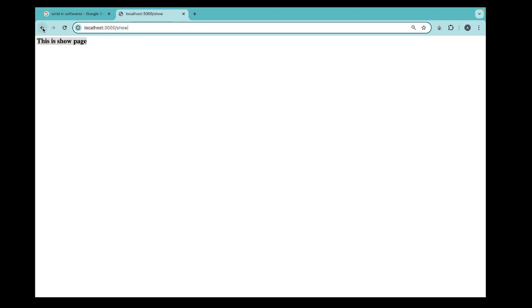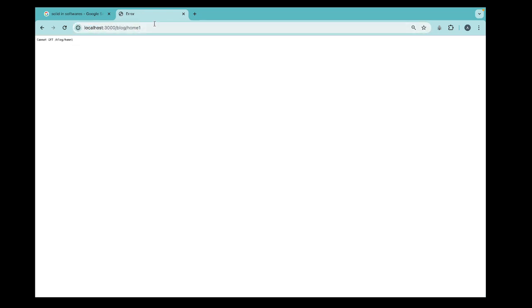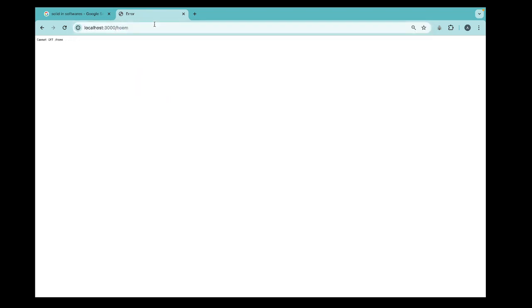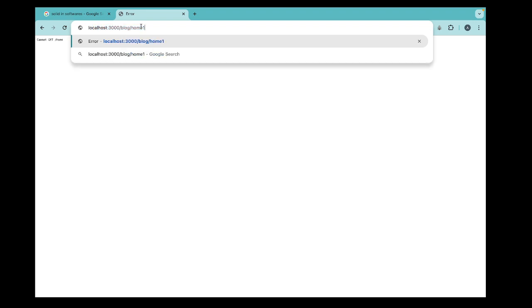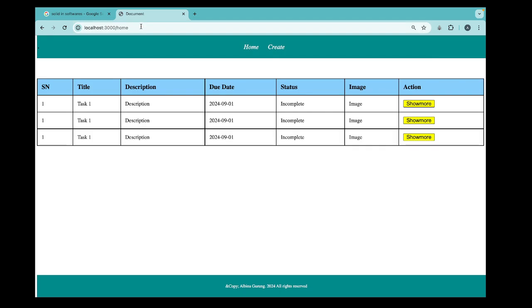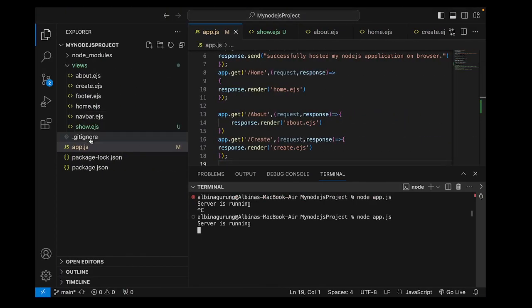Now our another requirement is that if we click on the show more button, then we should be directed to which page? So page. All right, so what we have done till now is that we have made an EJS file